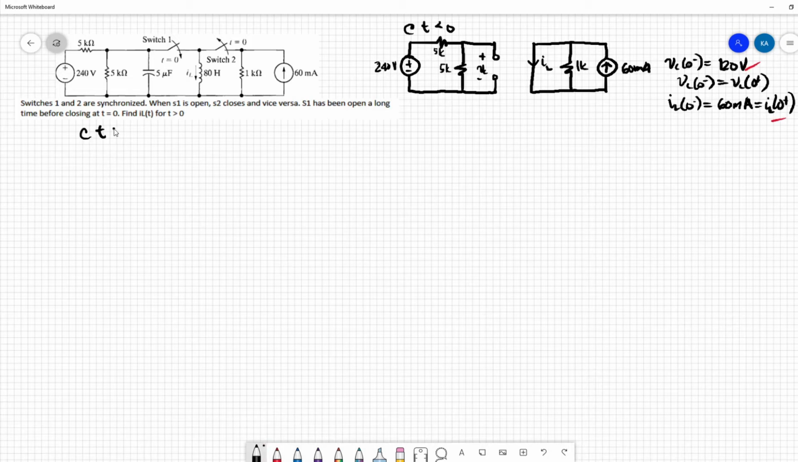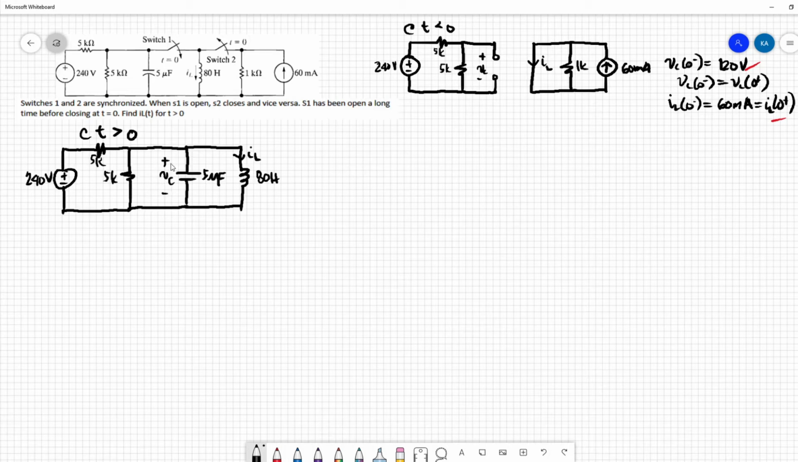At t greater than 0, we have this circuit. Looking at the circuit, this does not qualify as a parallel or a series RLC circuit. But we can transform this circuit into a parallel RLC circuit by using source transformation. So using source transformation, we have,